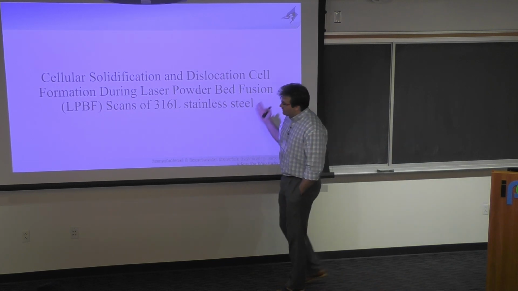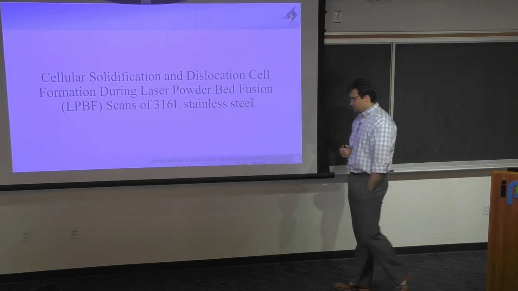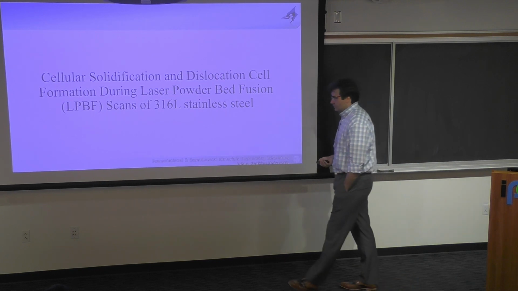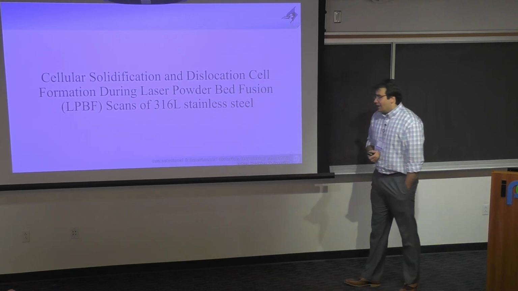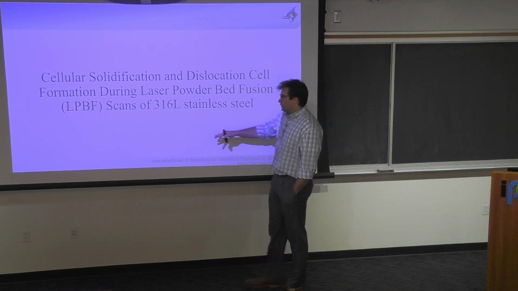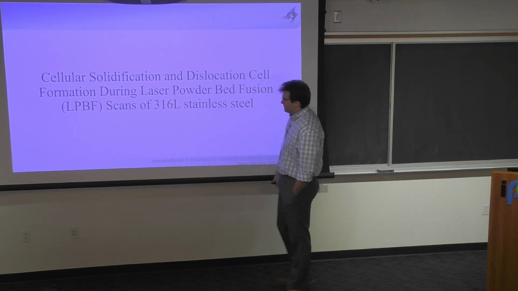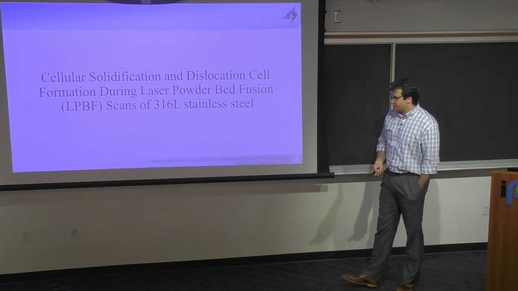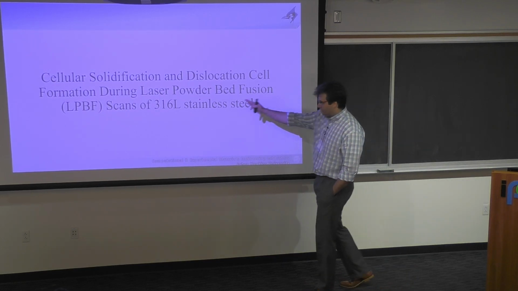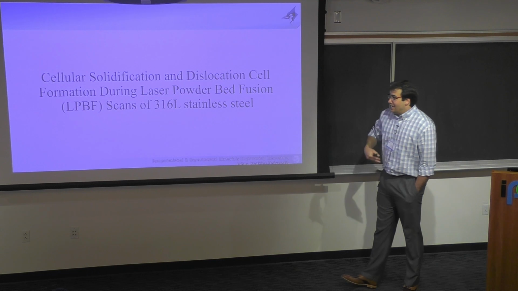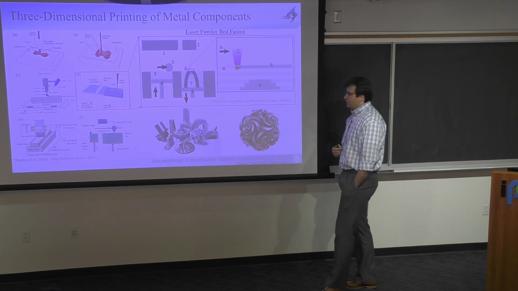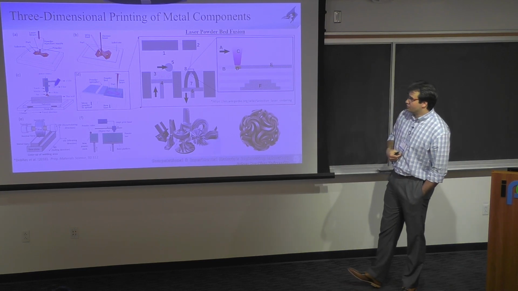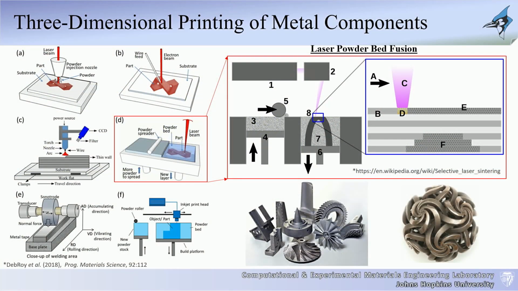So now switching to the actual topic that I'm going to be talking about today, which is related to additive manufacturing. The technique is what is known as laser powder bed fusion. And we're looking at a particular material, which is 316L stainless steel. So we're basically trying to build 316 stainless steel using additive manufacturing or laser powder bed fusion. And when you do these types of studies of trying to build, this is just a quick overview of what laser powder bed fusion is. There are a lot of different techniques of how you do additive manufacturing of metals, so I'm not going to go into it.